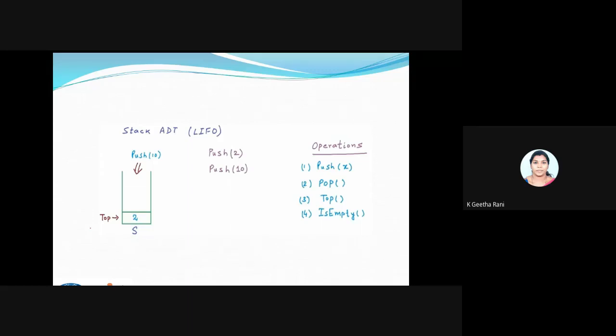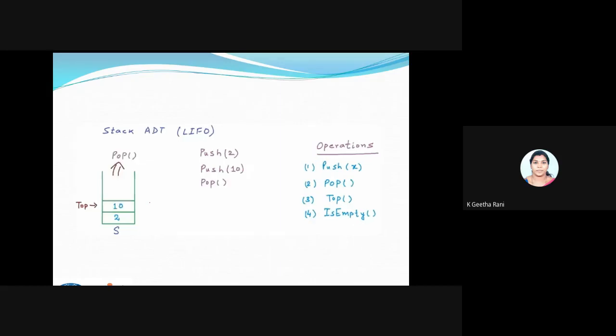So what happens is it goes after my 2, one above the other, that is the concept. So after the 2, the 10 will be placed. You can see in the next slide, my 10 will be there. You can also see the top automatically moves and points to the 10. It's not on the 2 now. My topmost value is now 10, so the pointer automatically goes there.